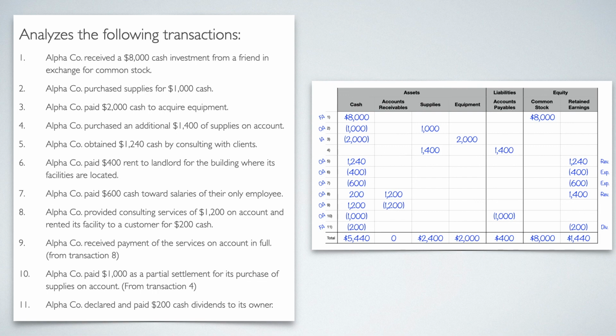Now, one last thing, just to make sure that I'm on the right path, because we need to make sure that our accounting equation is being followed. Assets equals liability plus equity. The sum of all my assets is going to be $9,840. If I were to add up all my liabilities and equity, that again will give me $9,840. So at least I know I'm on the right path.